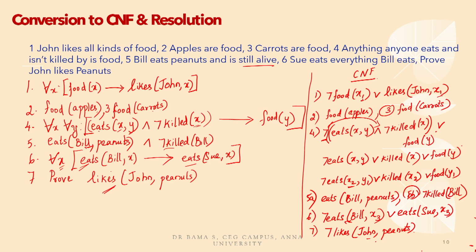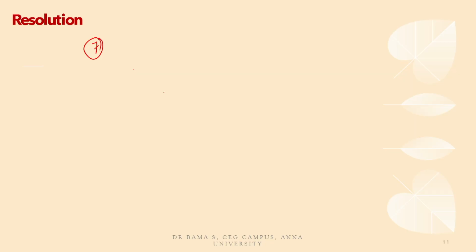So, from here, these are the set of CNF. From here, we will get into the resolution. If you check, we have standardized this as x 1, this to x 2 and y 1 for food, and x 3 here. So, now we will go into the resolution from the CNF. First, you can just take a look at the previous slide. 7 with 1, we would be substituting peanuts with x 1. So, this will become not food of peanuts,